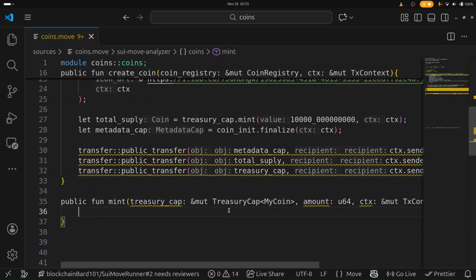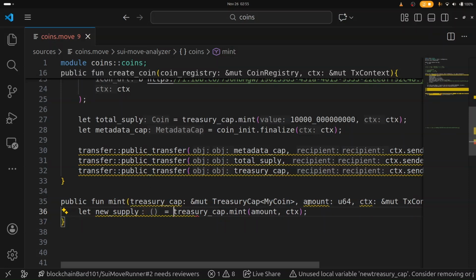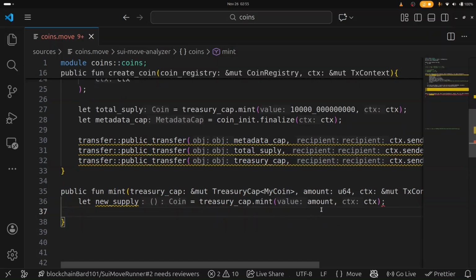So to mint the new token, just like we did before, let me just copy this function here and then paste it here. Right now, let me just replace this with amount, and this returns the new supply. So let me call it let new_supply is equal to treasury_cap.mint. Then we can still transfer that. So let me just copy this here